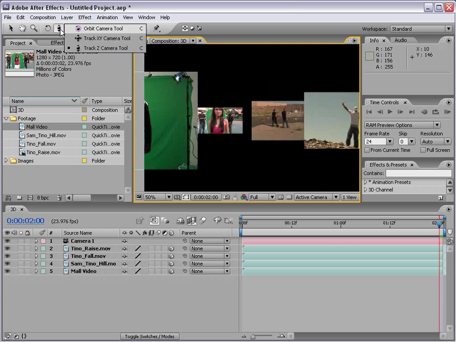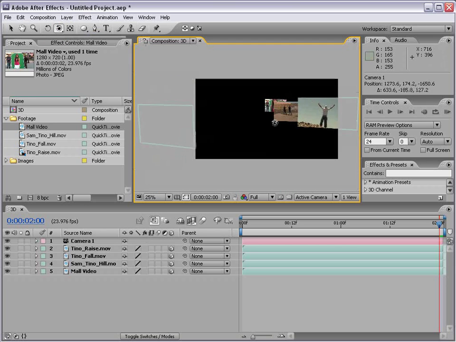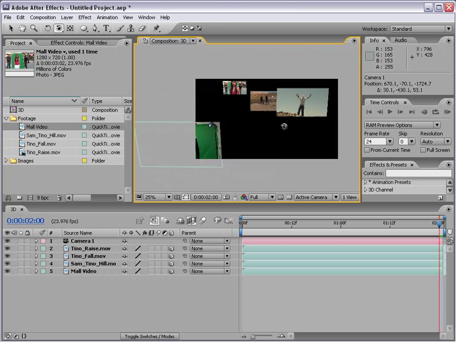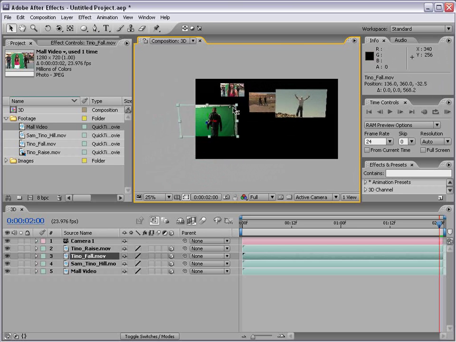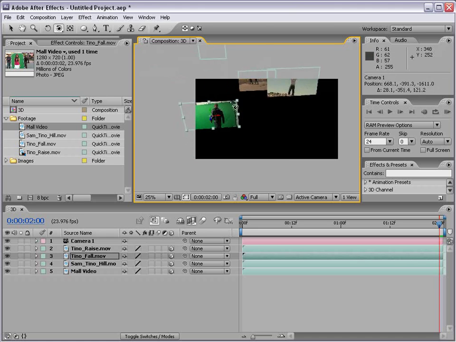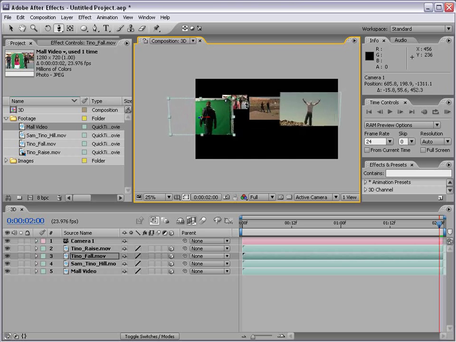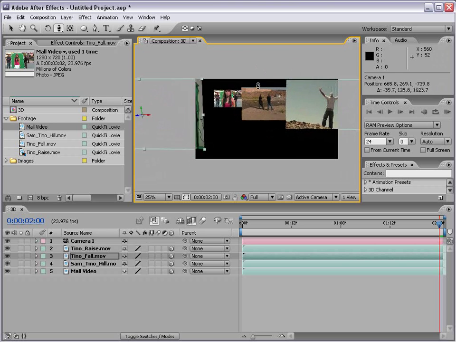And then if we take the orbit camera tool, we can really start to see that our layers are in fact 3-dimensional. Now we may want to move them a little bit closer together so that we can really fly around them. But as you can see, we do have the control over these layers using the camera. Now we can go to our track Z camera tool and kind of push in through these layers and make like a video,